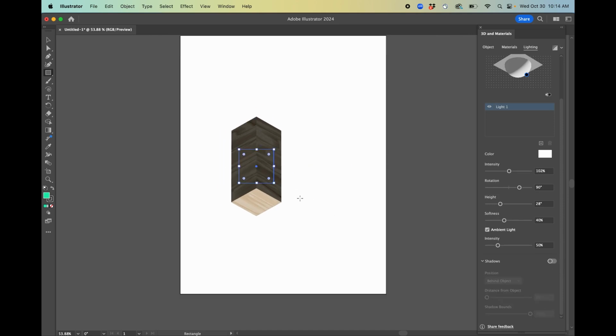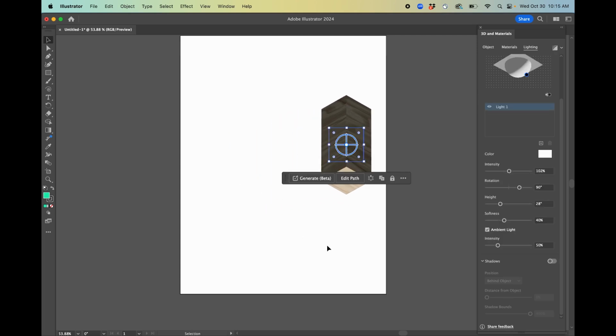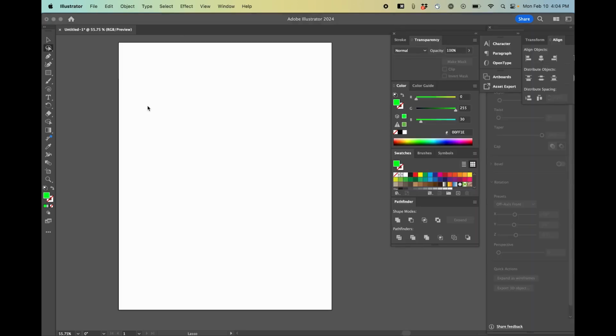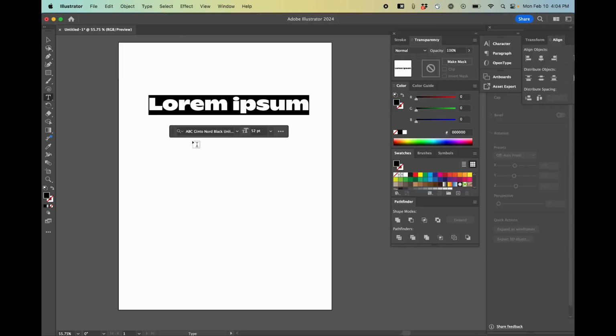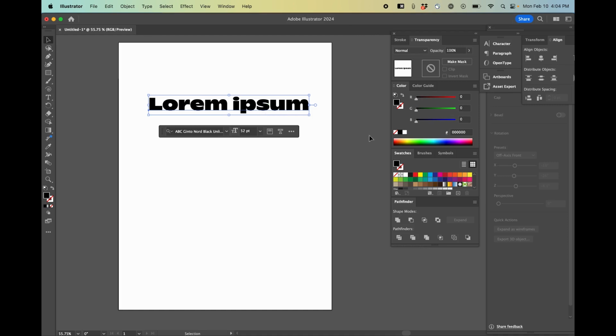Super powerful, and I think it's pretty easy to use. Let's do an example of some other things that we might want to create. This 3D effect will work with things like type. I could take this type right here. Maybe I'll just change the color right now, and I'll go up to